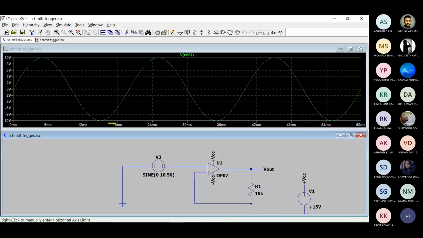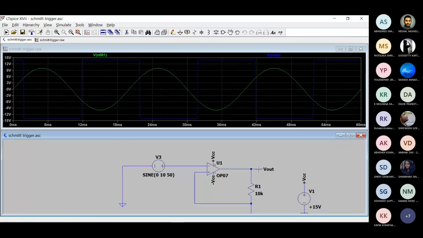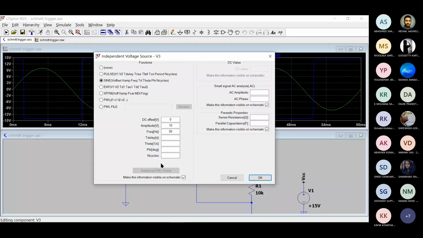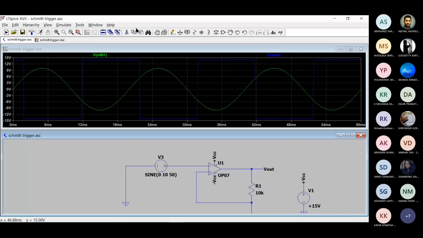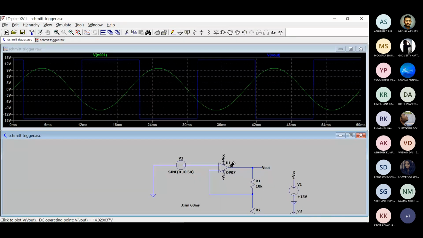So I'm giving a sine wave here. When you compare it with Vref, you get a square wave. How it works is the sine wave basically clips when you compare it with V reference. I'm giving amplitude as 10. Frequency, that's the standard operating frequency here in India, that's 50 hertz. I've just taken that as the frequency here, and yep, that's how you get a square waveform.